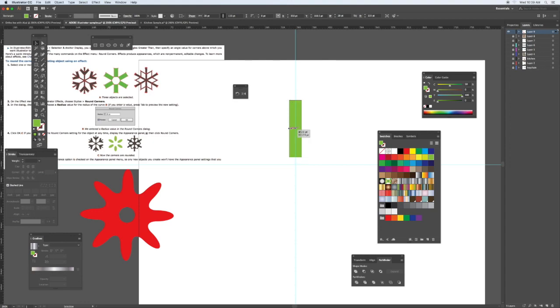right down the ruler guide. If you do just one side, you'll see it just opens it up halfway, but if you hold the option key, it'll spread it out equal distances on either side. And I might just bump it up a little bit, just selecting it. You can use the arrow key to move that up a little bit, just to give it a space,